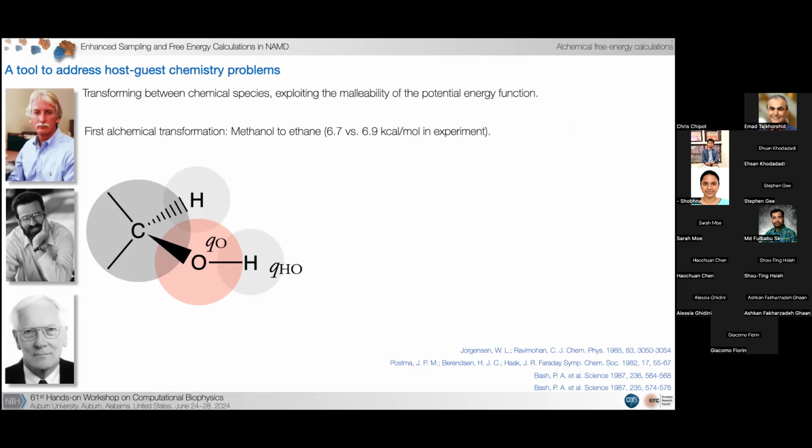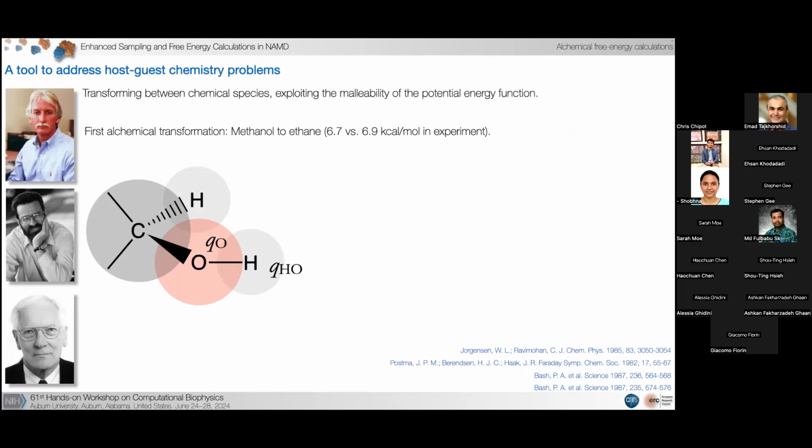Followed shortly by Peter Kollman. If you're not familiar with Bill Jorgensen, he is the TIP3P guy, the OPLS guy. Peter Kollman passed away in 2001. He was the father of Amber, the Amber force field, the Amber program. And this is Herman Berendsen, who also passed away. He is the father of GROMACS. He's also one of the